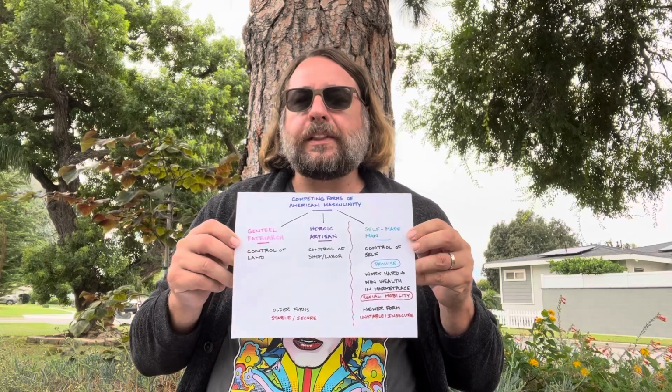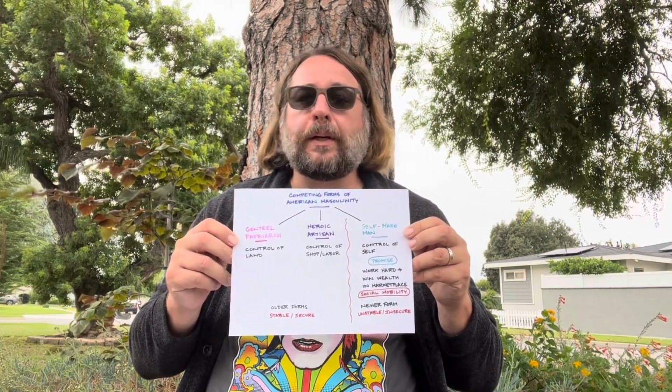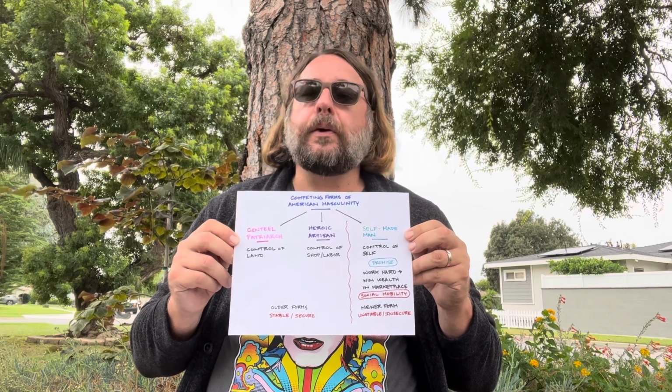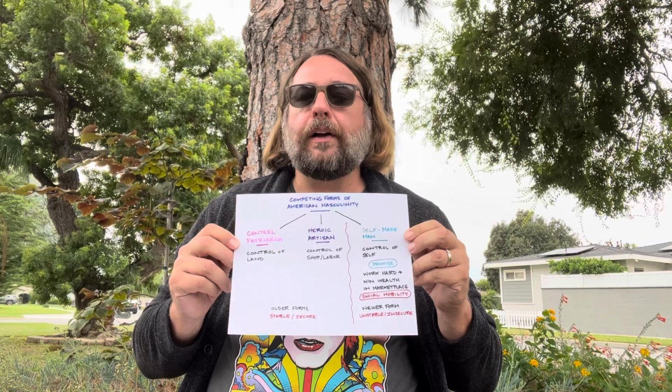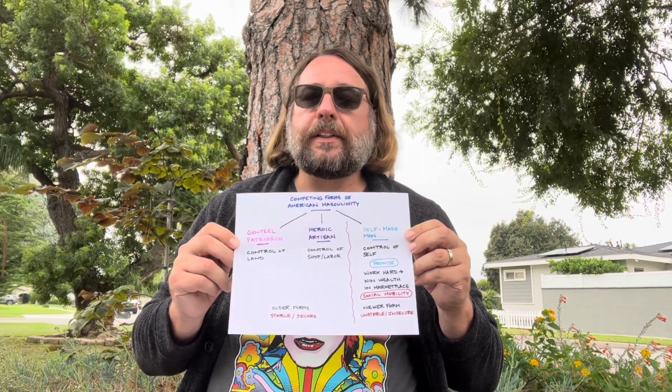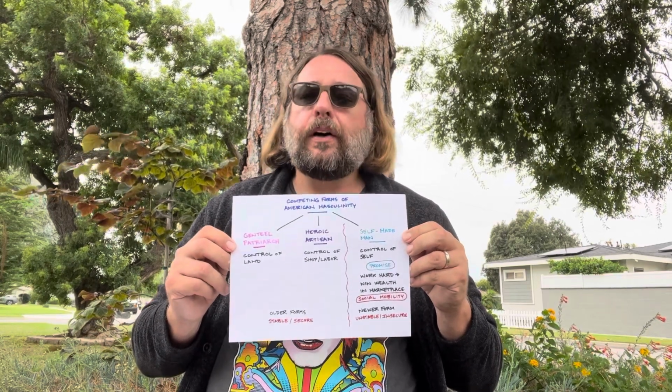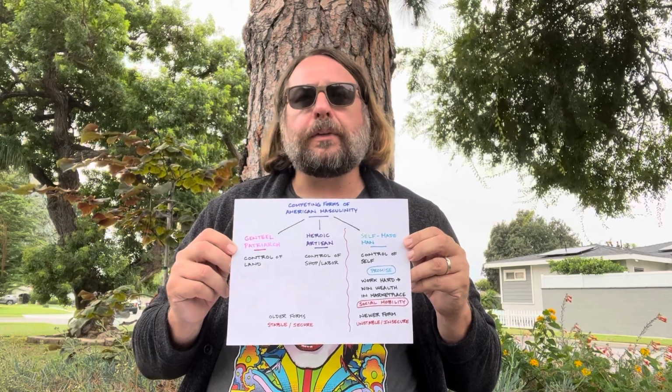In fact, Kimmel tells us that after the United States won its independence from Great Britain at the end of the Revolutionary War in 1783, there were 3 forms of masculinity competing for dominance in America. He calls these the genteel patriarch, the heroic artisan, and the self-made man. The genteel patriarch and the heroic artisan were older forms of masculinity, characterized by stability and security. The stability and security of the patriarchs was based in part on the control of their lands. The stability and security of the artisans in part on the control of their shops and the labor in them. Often not only their labor, but also the labor of their apprentices.